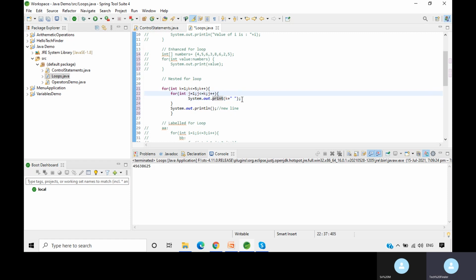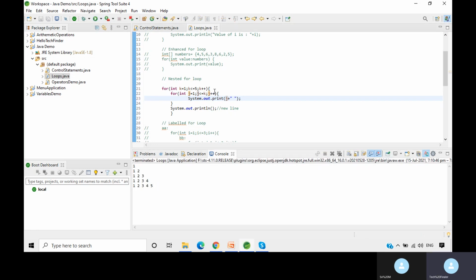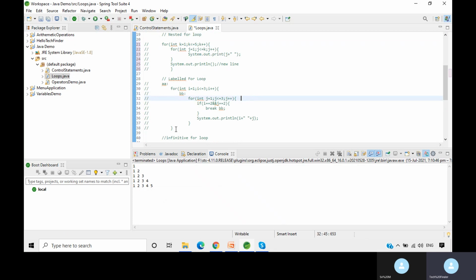If you use println, it will come to the new line here itself. This is the pattern printing. First line has 1, second line has 1 2, then 1 2 3, 1 2 3 4. If you print 1, 1 2, 1 2 3, 1 2 3 4, 1 2 3 4 5, then instead of k, if you use j here, it will print that pyramid pattern. If you want to print stars also, we can print stars inside here. Mainly these double for loops, I mean nested for loops, are used for the printing of patterns.